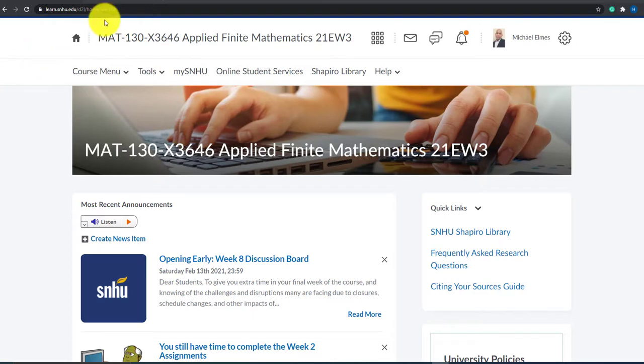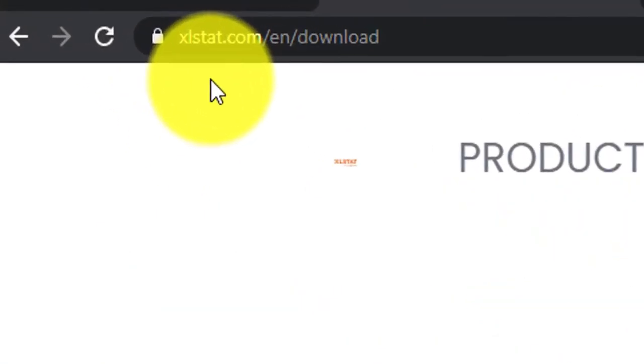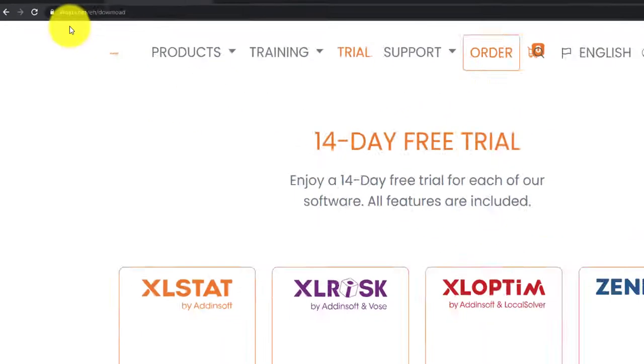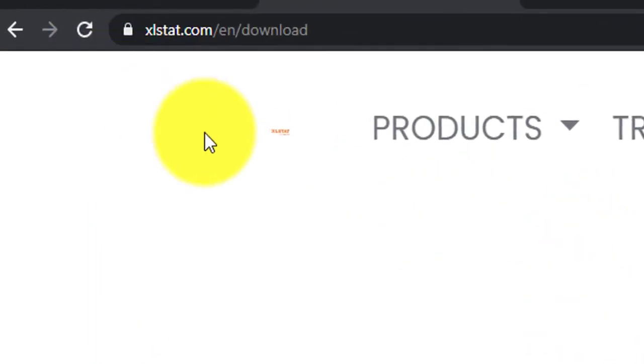Specifically, the question was, where do I find it? Now, by the way, you don't need to do this. This is really just a matter of preference. I use StatCrunch for everything, so I don't use Excel at all. But if you wanted to use Excel and you wanted to add bells and whistles to your Excel, this